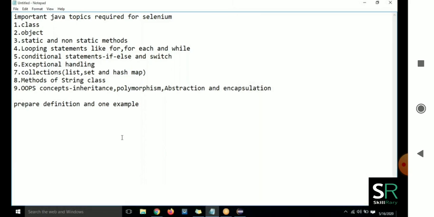What do you mean by polymorphism? What do you mean by compile time polymorphism? What do you mean by runtime polymorphism? And then today, if possible, I will try to cover what you mean by code optimization. These are the topics I will be covering.